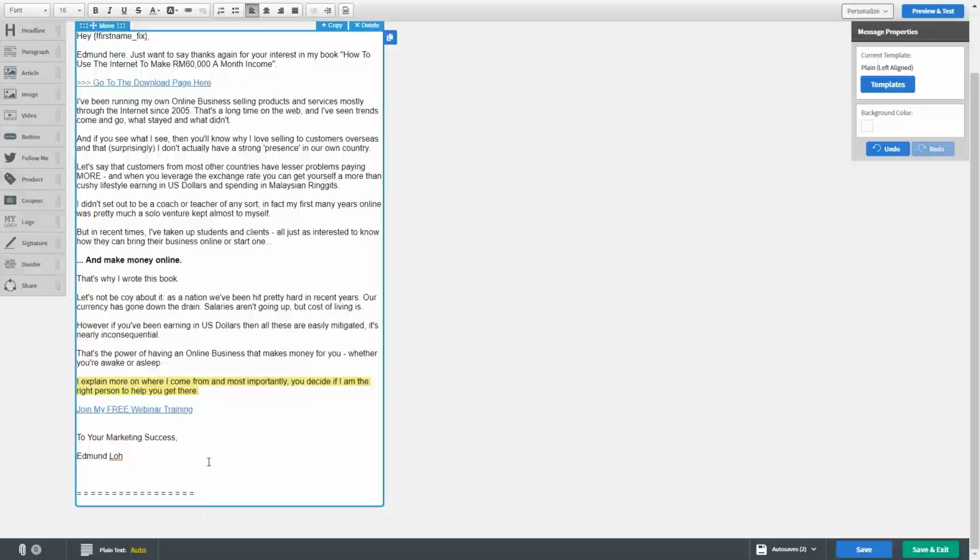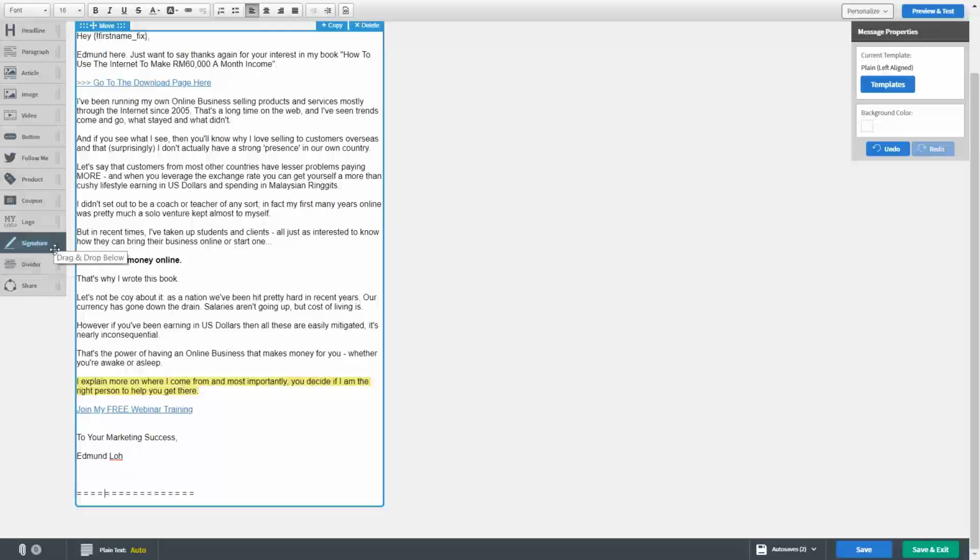What CAN-SPAM basically is that all your unsubscribe details and your mailing list details are listed below by default. So you don't want it to be too close to your signature here. It's not going to make it look nice. So this is why I space it out 3 lines here and a line breaker over here, so it doesn't get too close. But anything more than 3 lines is kind of killing it, and AWeber or any autoresponder service for that matter